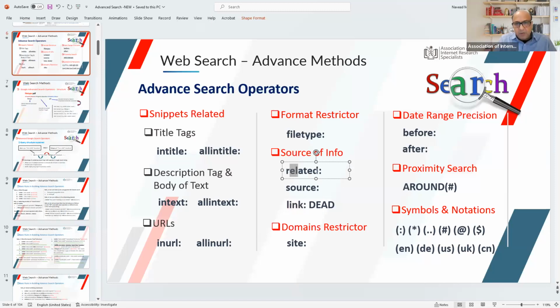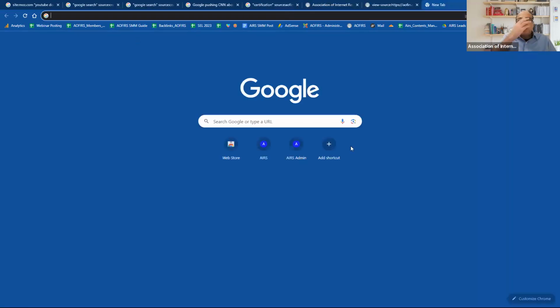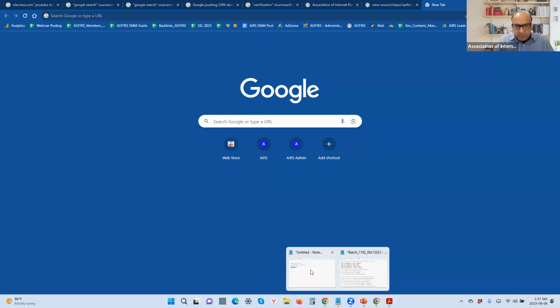Now, coming to another operator called related. Related is useful to find competitors that sell similar products or have similar keywords that are comparable to make them appear as if they're the competitors. So let's take the example of CNN. The query I will write is